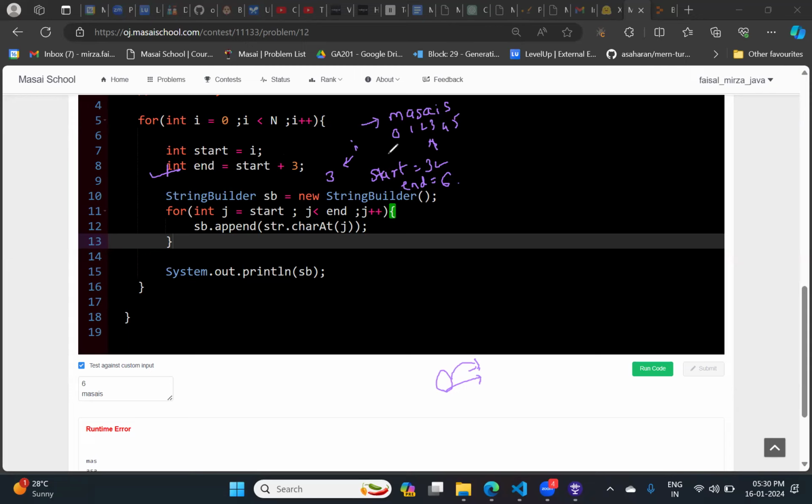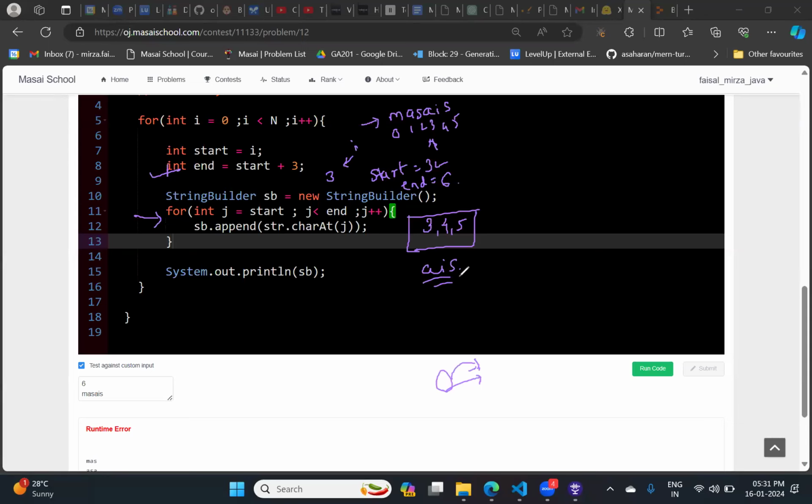Now tell me, starting is 3, now tell me about the inner for loop. Can I say that we are going to access the characters at position 3, position 4, and position 5? Everyone, are you comfortable with this? I'm just breaking down the problem and explaining it. Don't see the output right now, just understand how the inner for loop is working. We access the 3, 4, 5 characters, which means the string will be AIS.